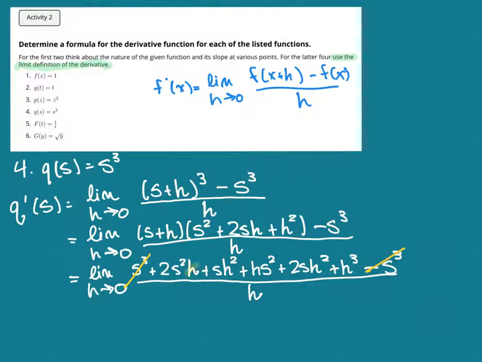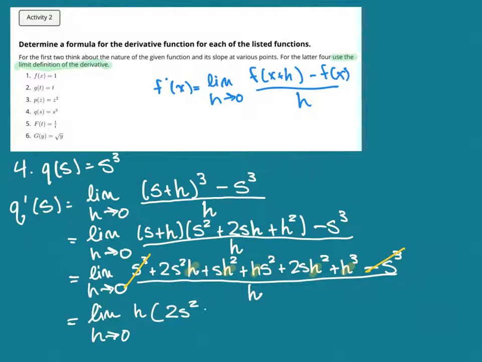There's an h, and an h, and an h, and an h, and an h. So if we go ahead and simplify, we've got the limit as h goes to 0 of, we'll factor out that h,